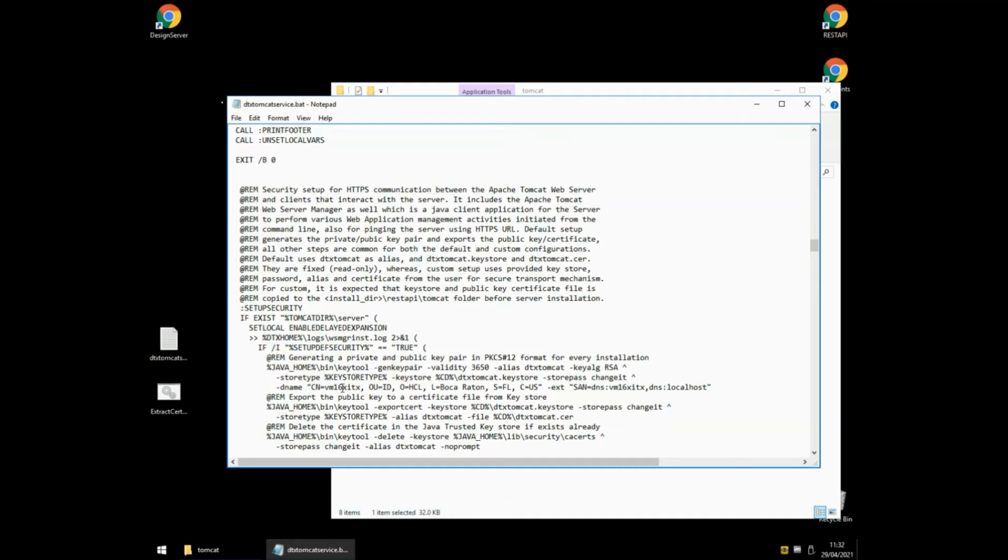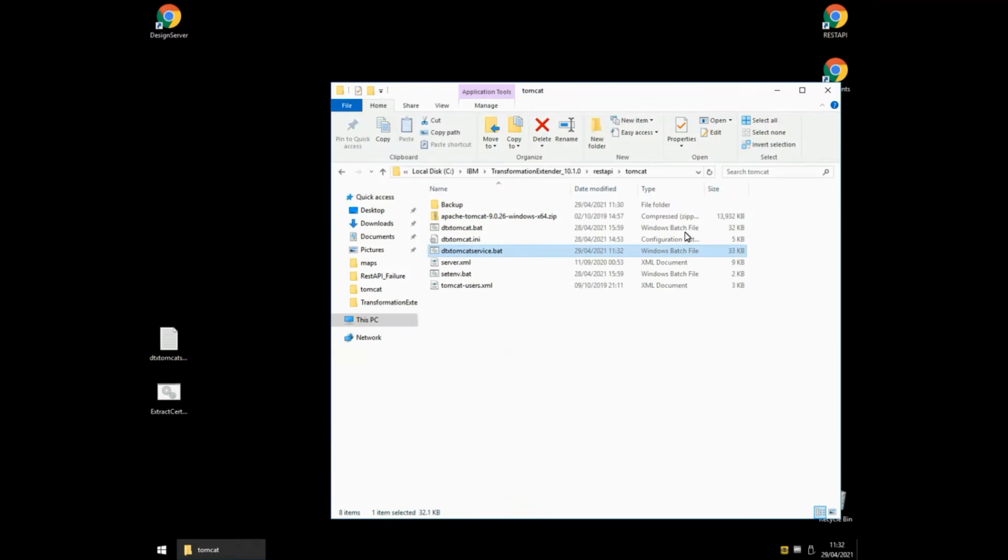Okay, so this will give us two subject alternative names, the actual host name of the machine and the loopback name localhost, so that we can connect either way using the certificate that we're going to get. That's the only changes I need to make to this file, so if I save it and we just check,